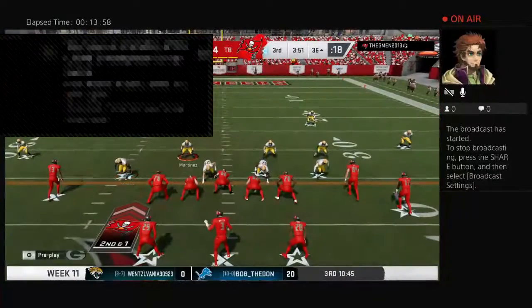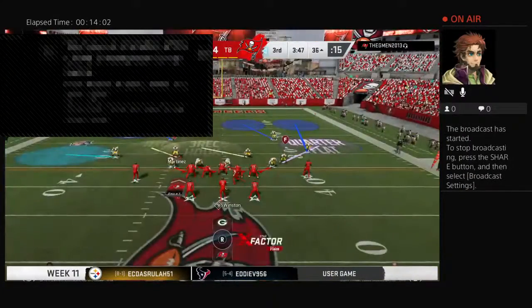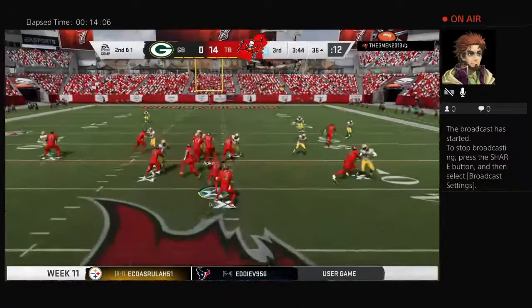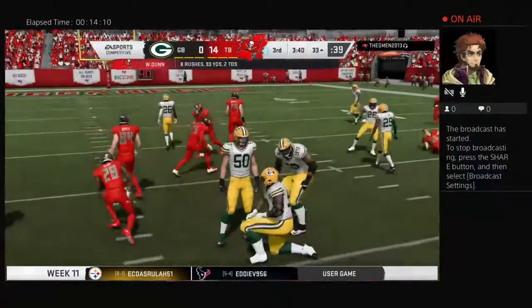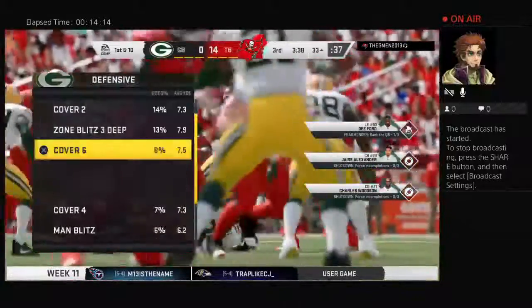Second and 1. Tighten up. Let's go. They'll run it now out of the gun. And he's going to get it down to the 33-yard line here. They'll get 3 as the drive continues. It's a first quarter, and you've